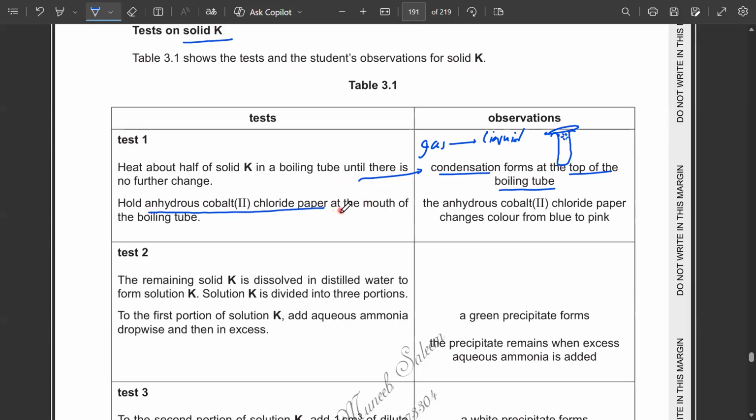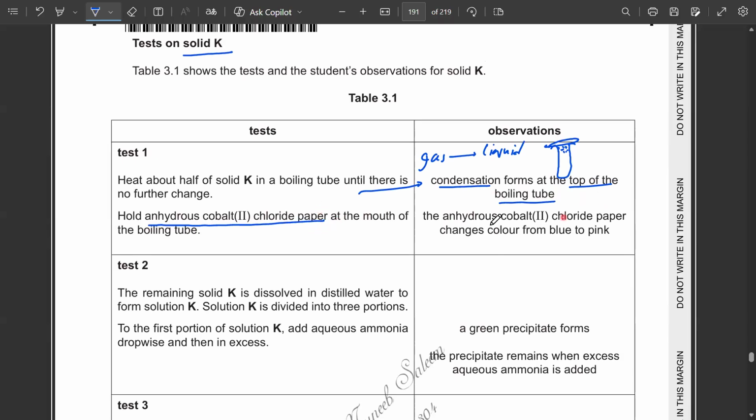This cobalt chloride paper turns from blue to pink. And you remember from the literature of the test we used anhydrous cobalt chloride paper,